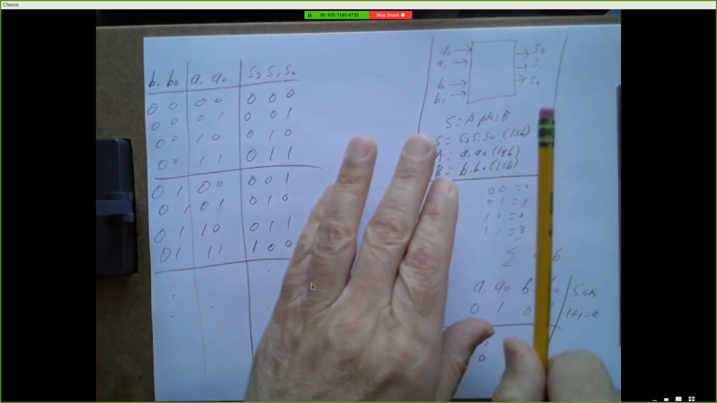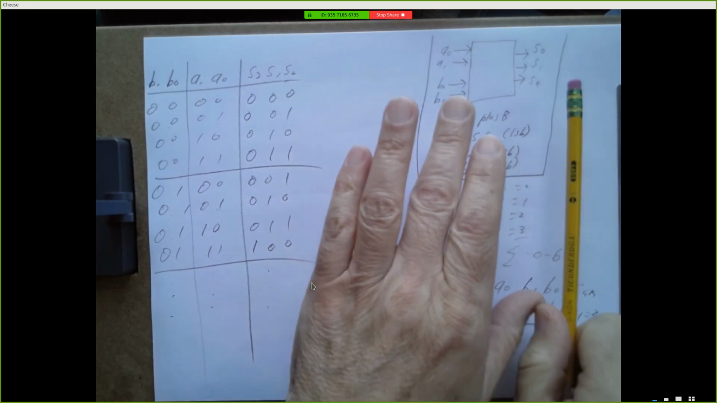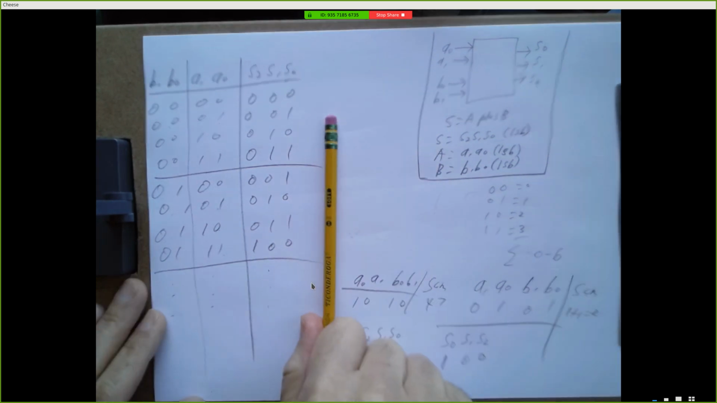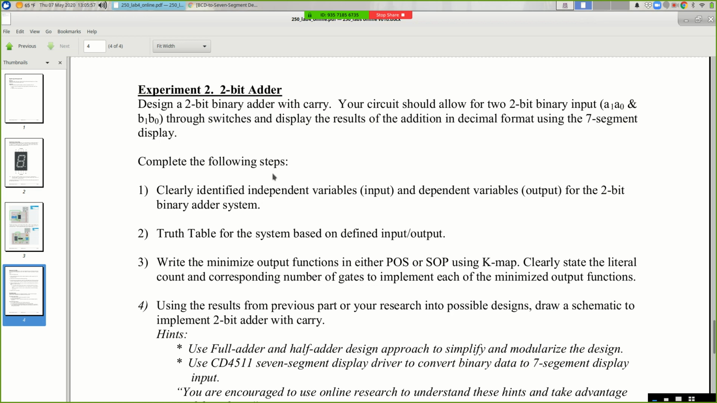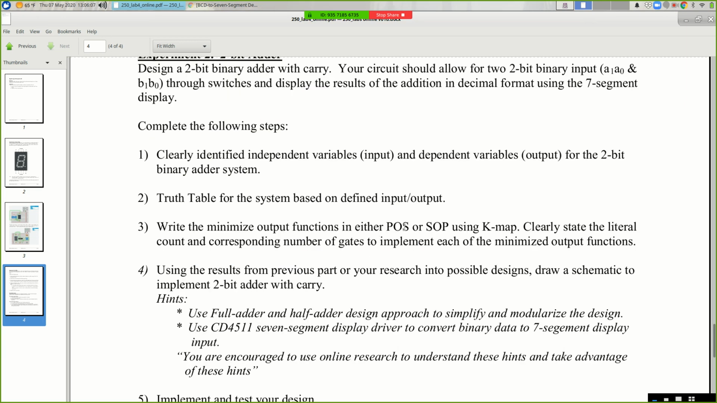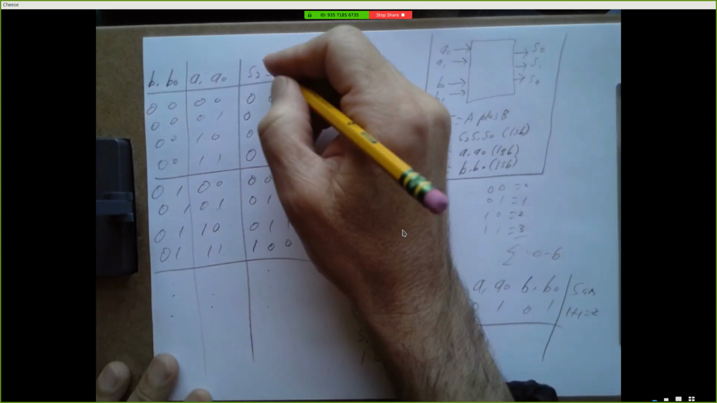Okay, so make the system, describe what you're doing. We're making a 2-bit adder. Make the system diagram, make your truth table. Okay, so clearly identified input variables. That's your system diagram. Write the truth table. And then you're going to minimize this to write in either sum of products or product of sums for each of your outputs. Okay, so you're going to take S2